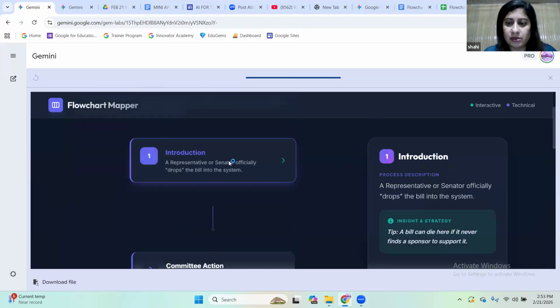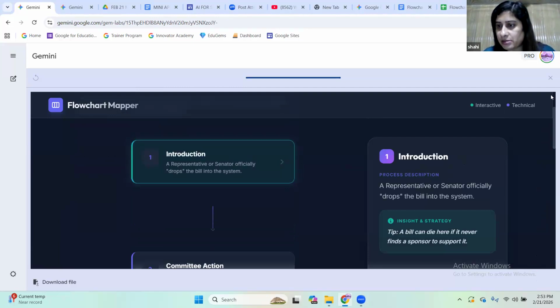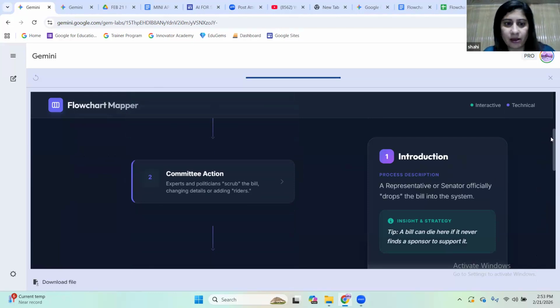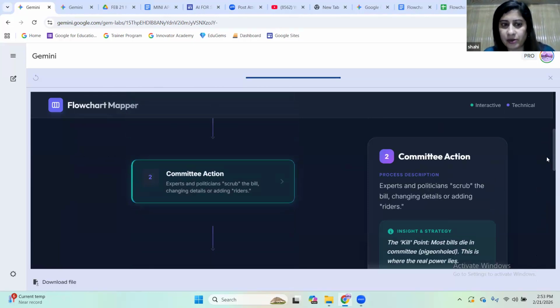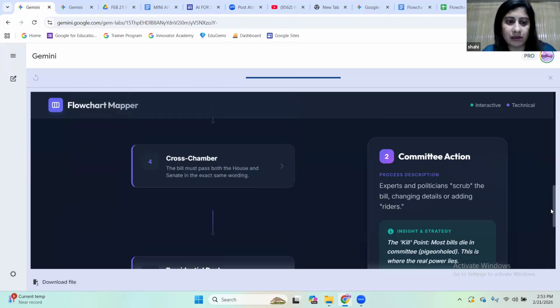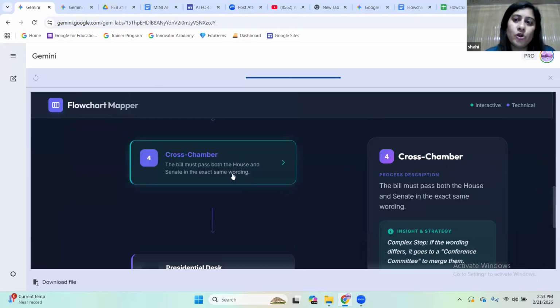Let's see. This is the first step, and you can see the detail here. Then this is the second step, for example, you can see detail, and then cross chamber, you can see details. Now, how do we get this output out of the app? One limitation is, for example, in the previous workshops when I told you how to create a gem or agentic gems, it used to have a chat history. Unfortunately, up till now, these apps don't give you a chat history.